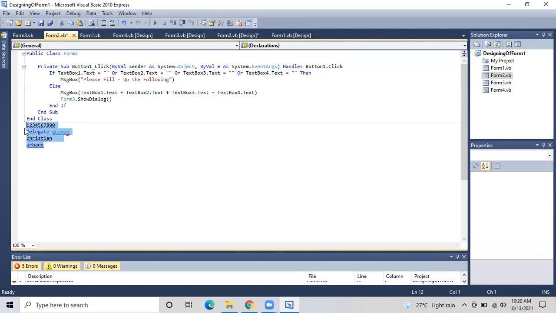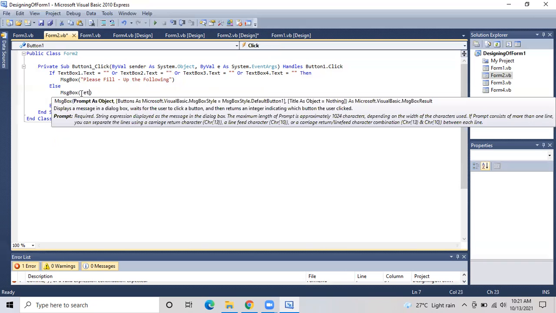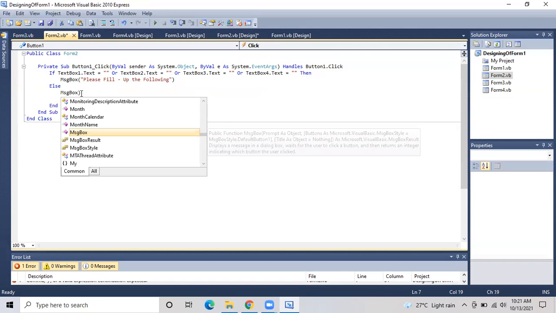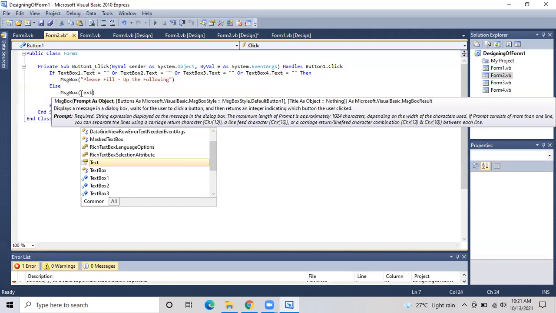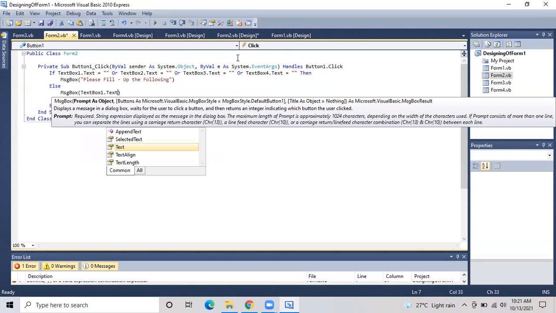Sir, how to do it? Paano gagawin? Simple lang naman siya. Kung nakikita itong positive, ang ilalagay natin is VB. Burahin muna natin lahat para mas malinaw. Text box 1, text, and